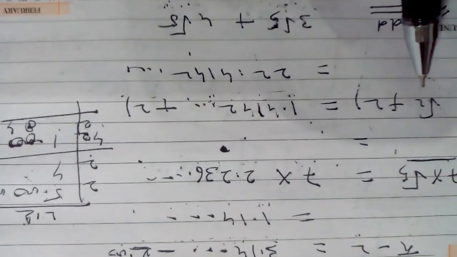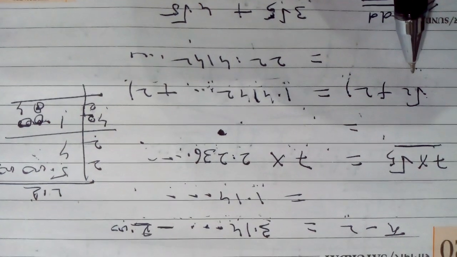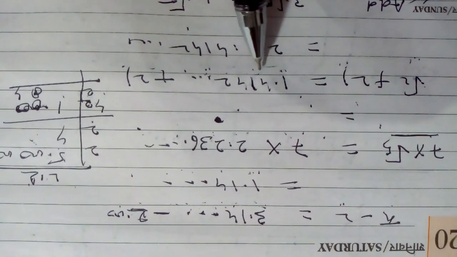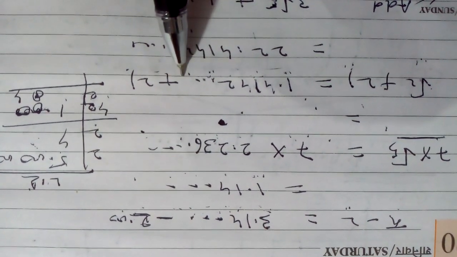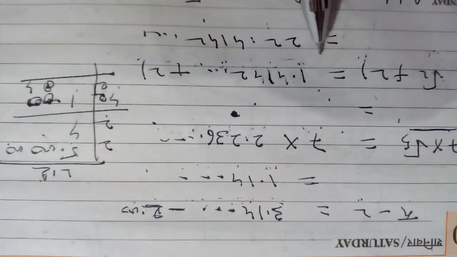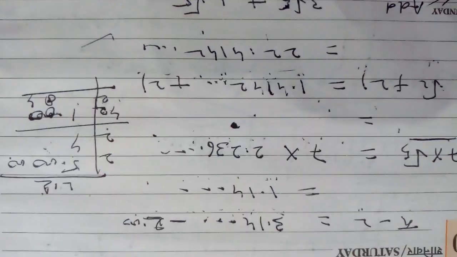Here is one more example, root 2 plus 21. Root 2 is 1.4142 dot dot dot, found by the same method as in 8th standard. 21 plus 1 is 22 point something, which is again irrational.